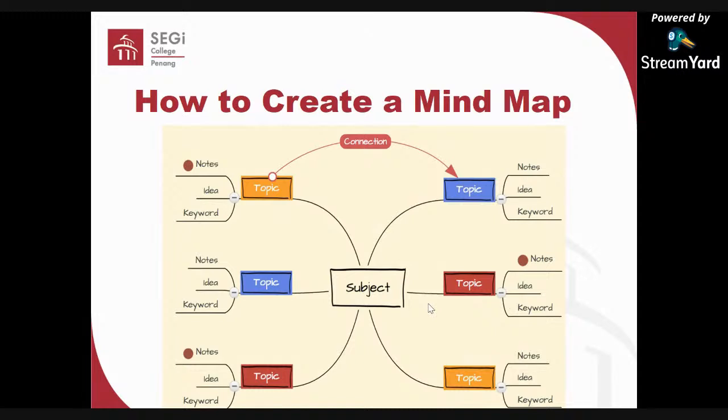What is this chapter we're talking about? It is how to create a mind map. So this diagram is not only to help your revision, it also helps you to have a quick look when you want to enter your exam hall. Because 1 hour before you enter your exam hall, you cannot bring a whole stack of textbooks or many notes or many pieces of paper. You will maybe get nervous. So you just prepare a mind map like this to help you have a quick look before you enter your examinations.